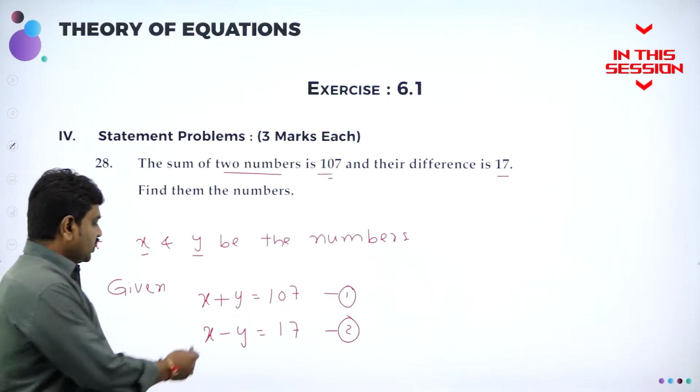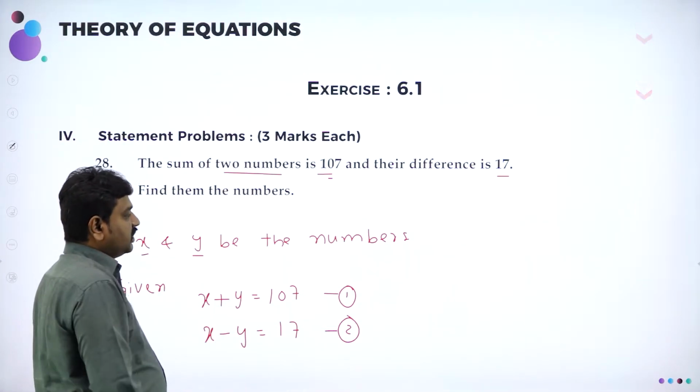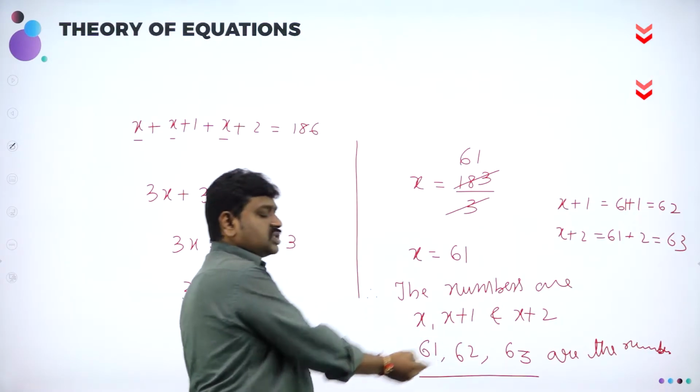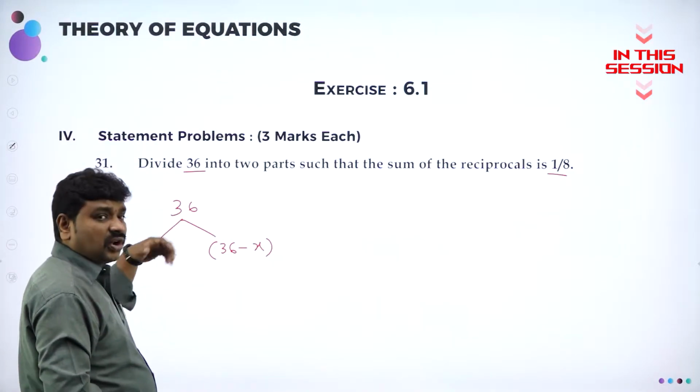Difference of two numbers means what? X minus Y is 17, means is equal to 17. If I add, Y cancels, you get X. 61, 62, 63. These are consecutive numbers. If you add them, definitely you will get 186. So second part is out of 36, you already gave 6. Remaining is